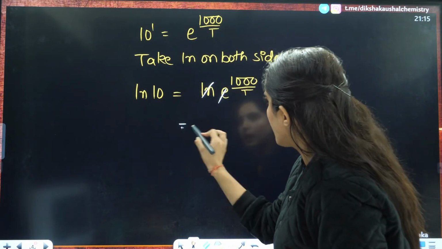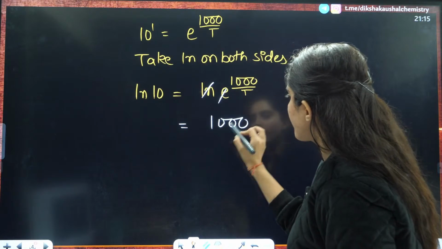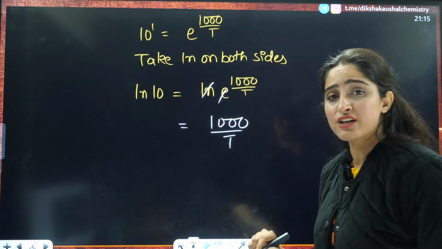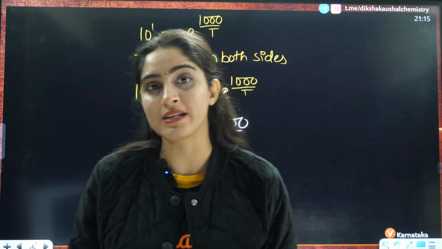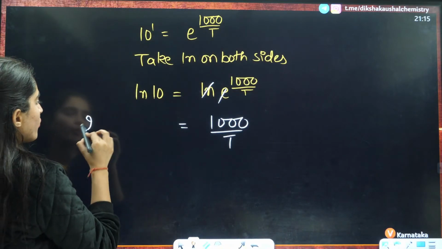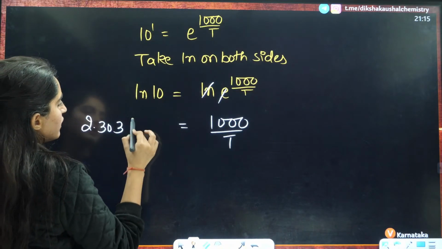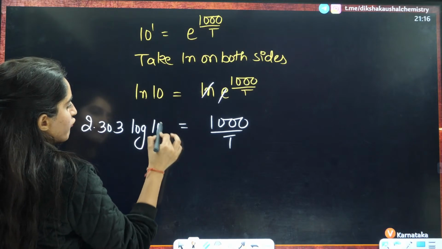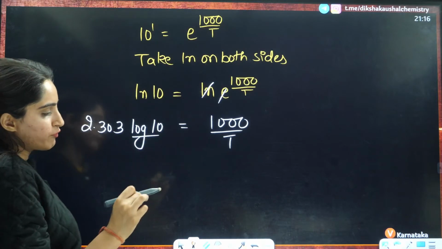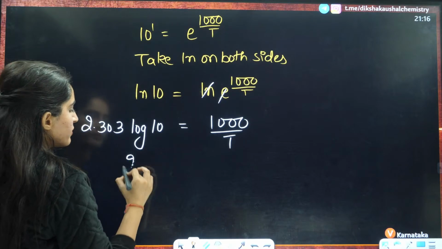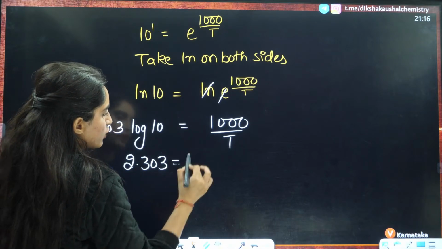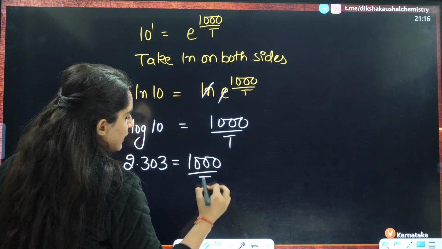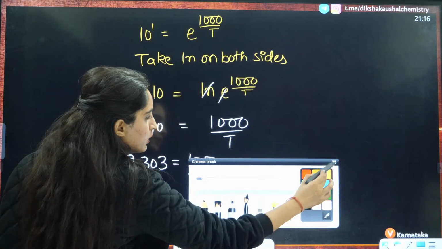And it will become 1000 divided by T, and this natural log is converted into log base 10, so that will be 2.303 log base 10 of 10. Now log base 10 of 10 is 1. So it will become 2.303 equals 1000 by T, and here T will become equal to